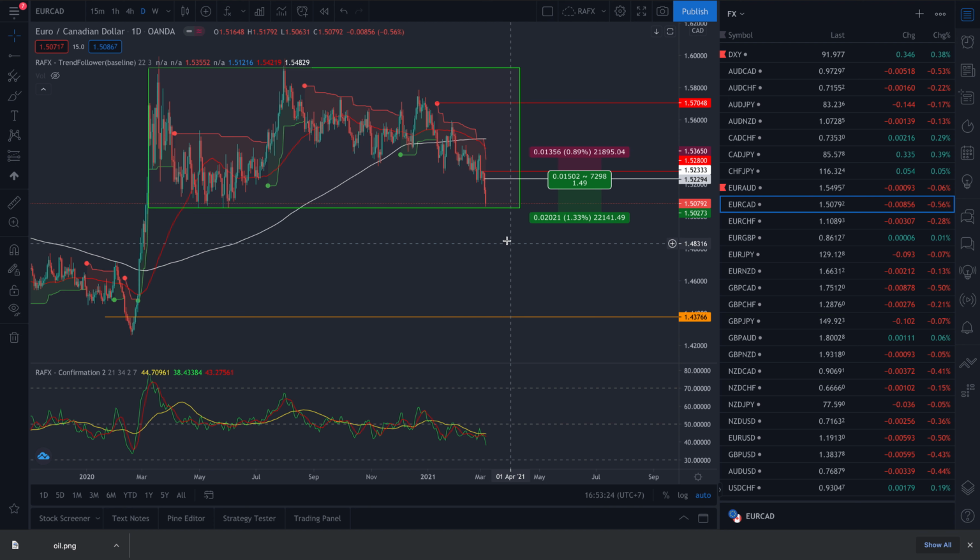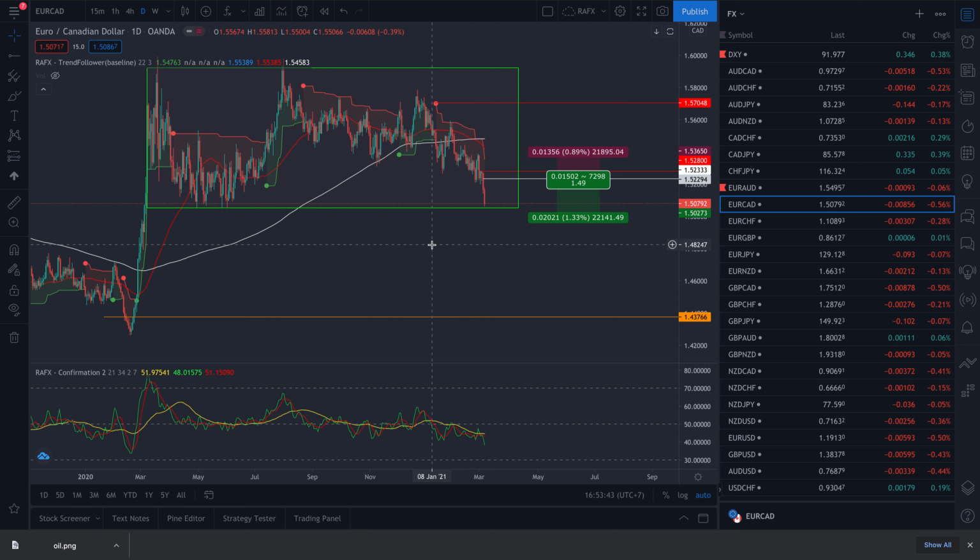So that means I took a short trade here and put my stop loss in here, and then I think during the week I moved it up here to reduce the risk. So I am still in profit in Euro CAD, and hopefully it will continue